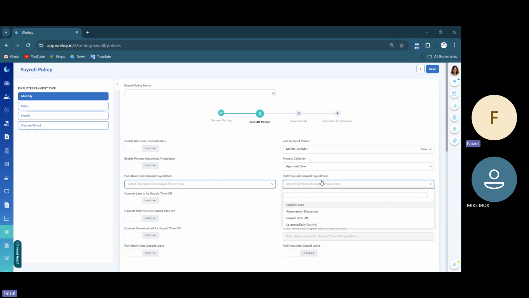Alright. So full none means the attendance shows none. Also, if you want to deduct in the salary, you can select the payroll item here. So this is the late in, early out. If you want to sync to the payroll, please enable this function. Okay, and the last one